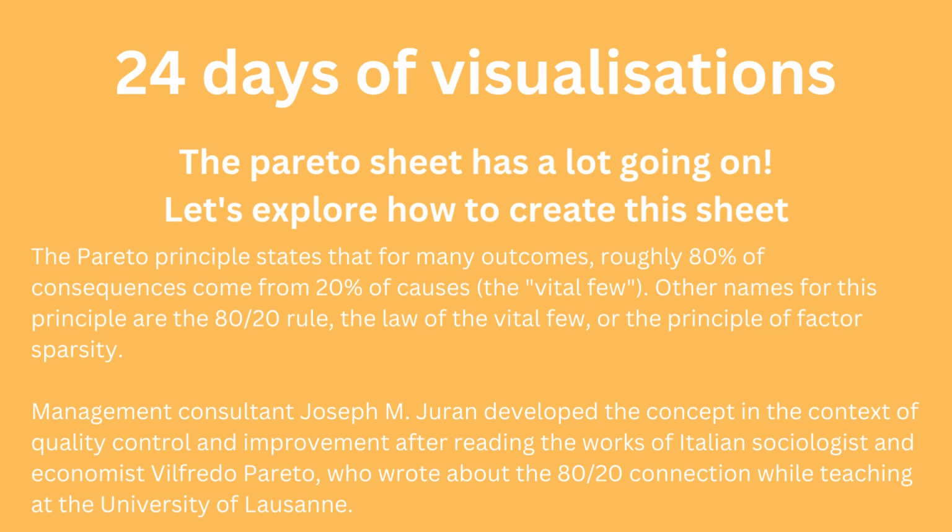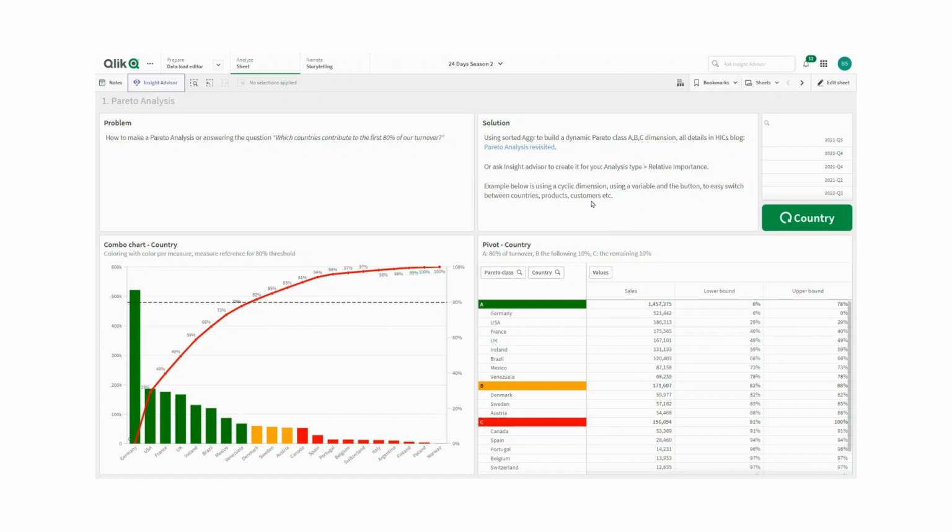Okay, so Pareto is something that's been around for a long time, and most people would probably know about it. I've always thought of it as the 80-20 rule: 80% of your revenue comes from 20% of your customers. So this is what the sheet looks like that came from Qlik, and I just wanted to run through it